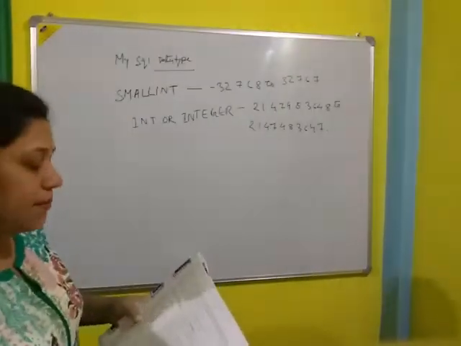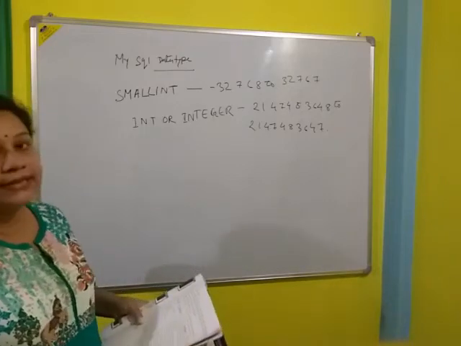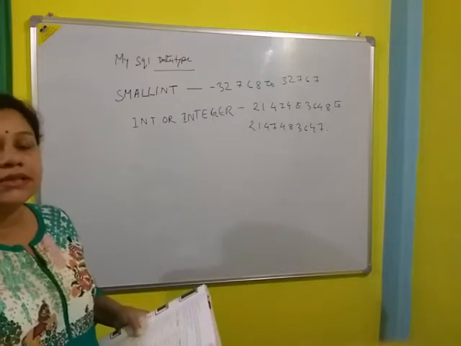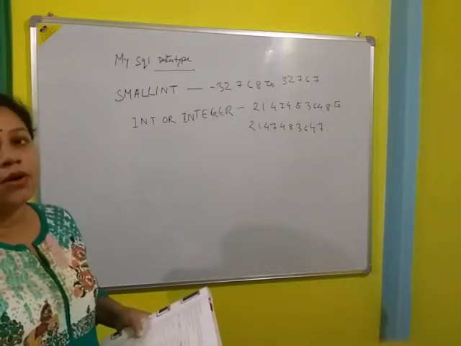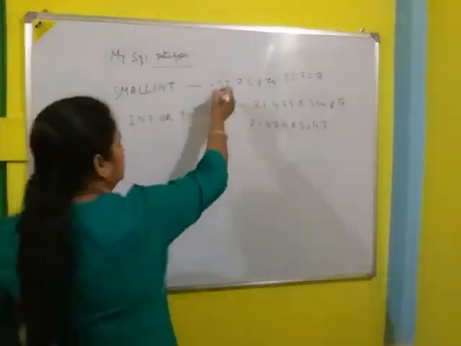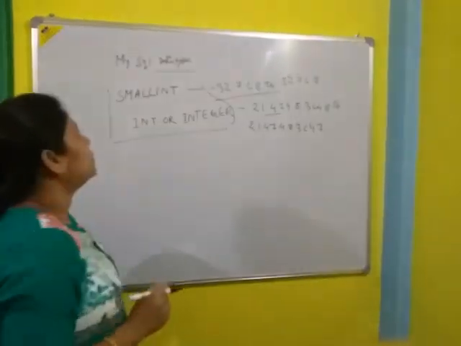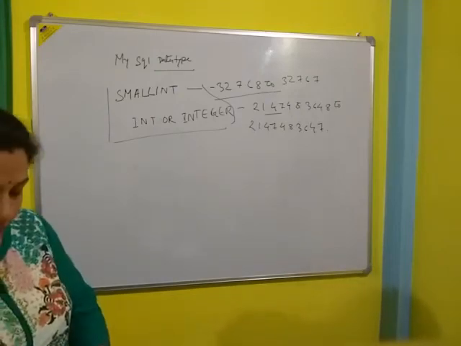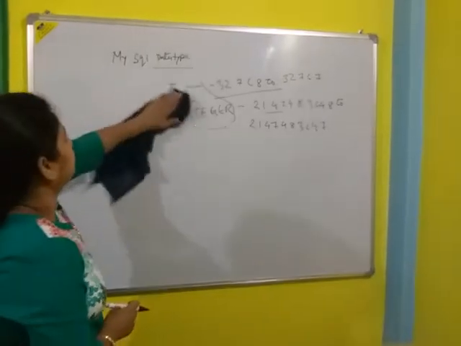You just remember what is the use of small int or integer. Whenever you are going to create the table, you are going to use this data type for those values which are going to enter only non-decimal numbers. So these ranges are not necessary; no need to remember all these things. You just remember small int or integer, or int. Okay, next move to another data type, that is